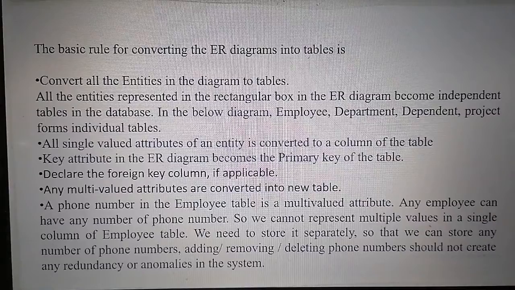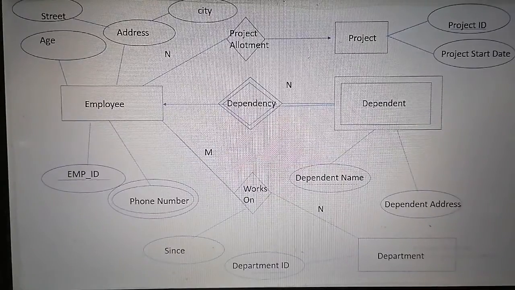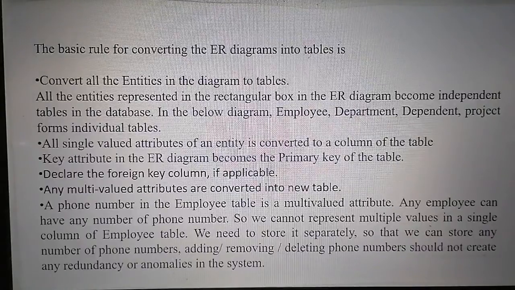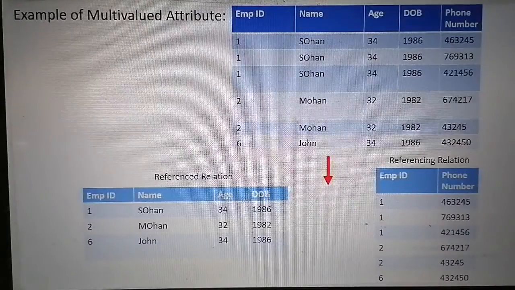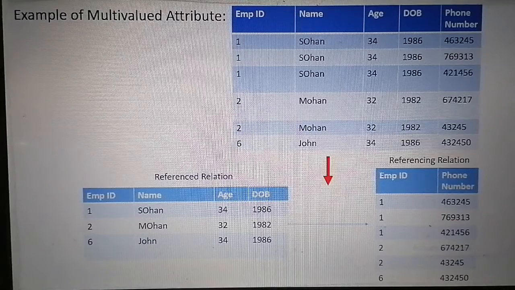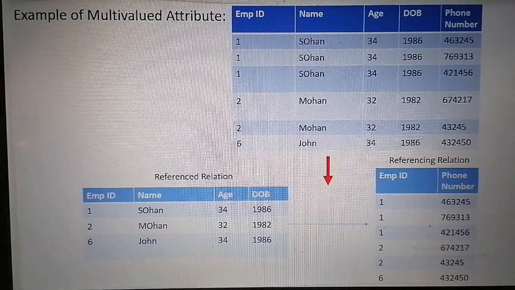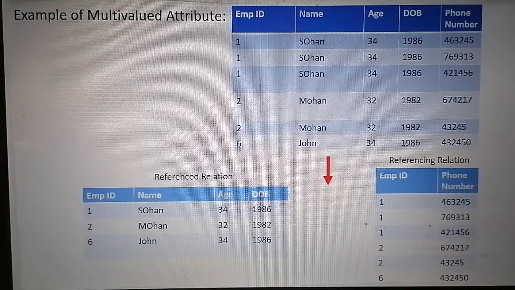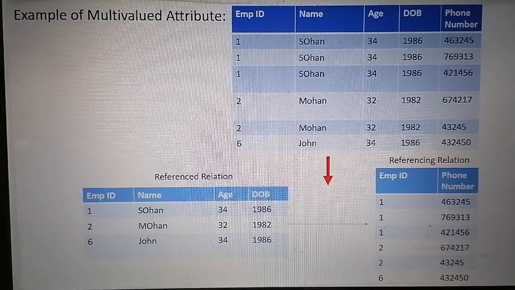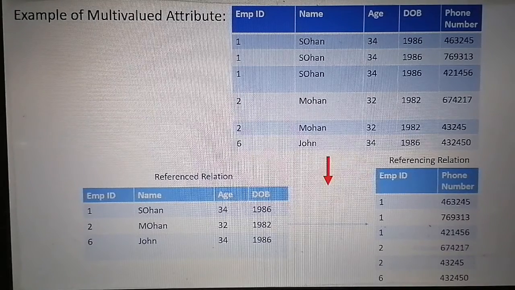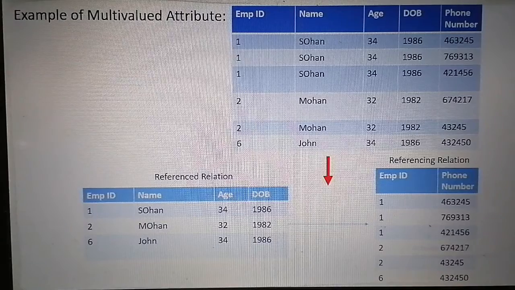The next rule says any multi-valued attributes are converted into a new table. So why are we doing this? I will explain with the help of the slide. As you can see here, in the case of a multi-valued attribute, for each value of the attribute, the whole set of attribute values of our employee will be repeated.